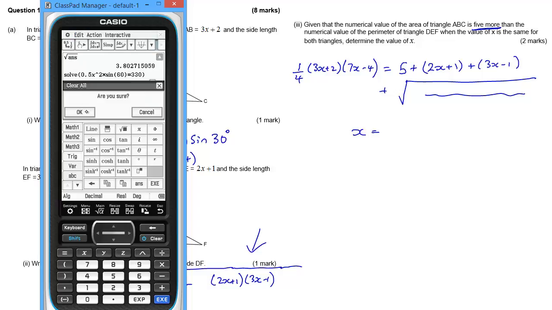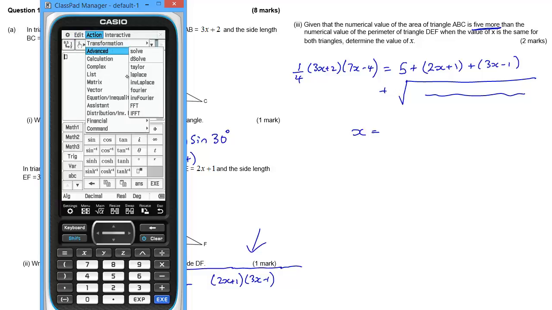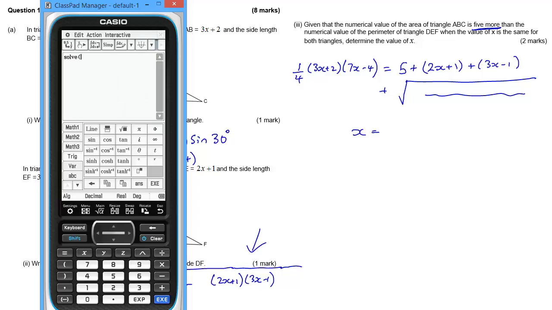So let's just clear everything else. So action, advanced, solve. And what do we have? We've got 1/4 of 3x plus 2, 7x take away 4 is equal to 5 add 2x plus 1 plus 3x minus 1, add the square root